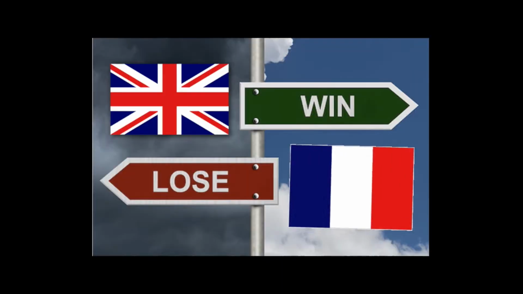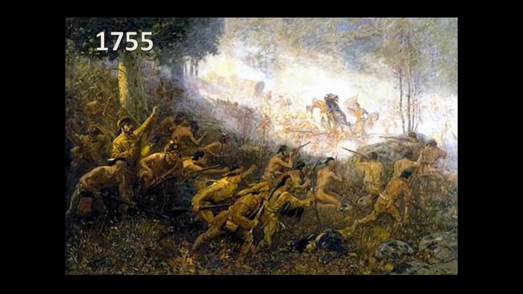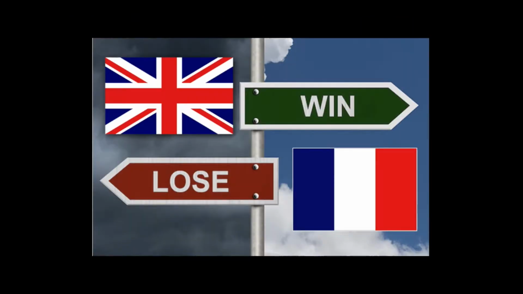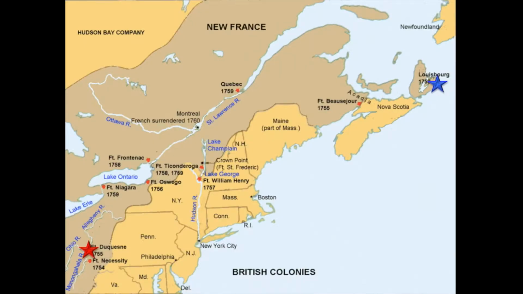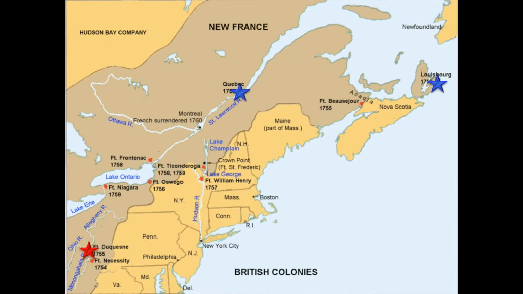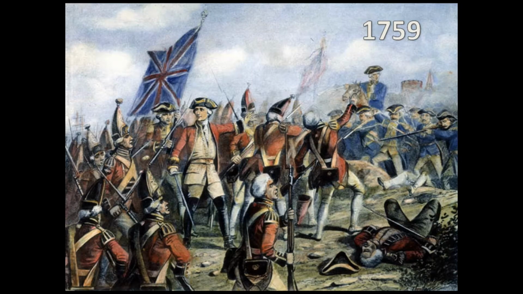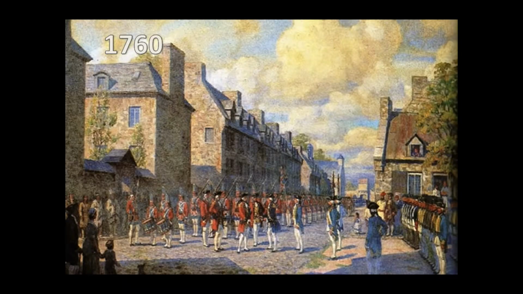At the start of the war, the French appeared to have the upper hand. In 1755, the French carried out one of their more well-known victories at Fort Duquesne by beating back the invading British troops. Over time, however, the British began to gain momentum and eventually managed to successfully subdue 3 French territories. They conquered Louisbourg in 1758, followed by Quebec in 1759, and finally Montreal in 1760.